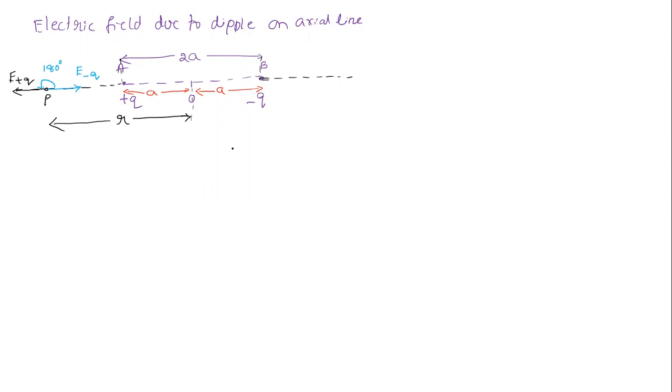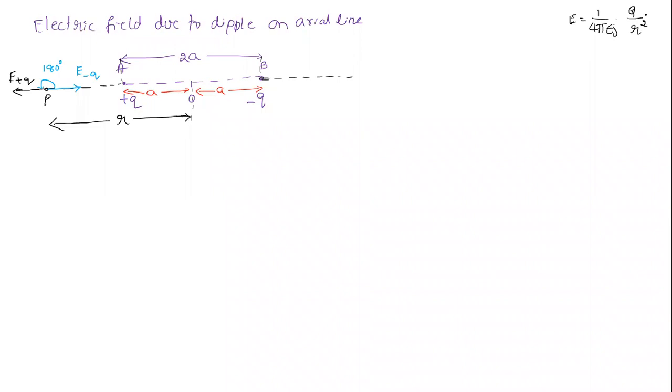Okay, now let us go for the dipole. As we know, what is the formula for the electric field due to a single charge? We know this formula. Electric field E is given by 1 divided by 4 pi epsilon naught multiplied by charge Q by distance square. That we know. If you take vector notation also, you can take it, not an issue.